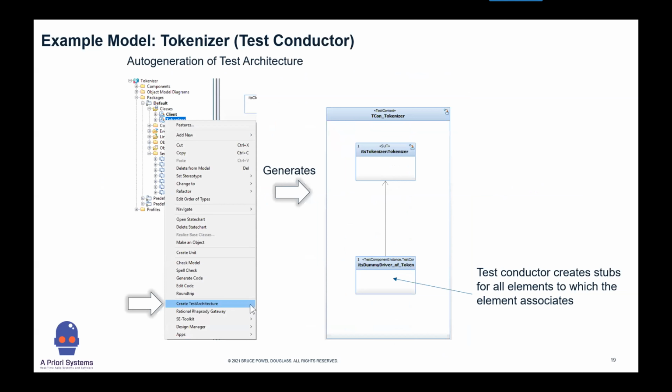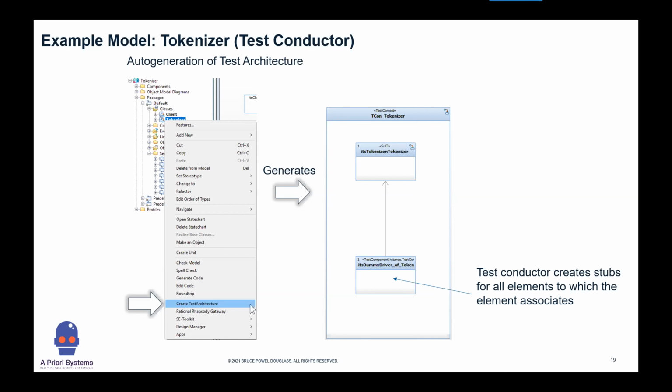So that's manual. Both Cameo and Rhapsody support and have the testing profile. With Cameo, you get it as a free profile that ships with the tool. With Rhapsody, it's a cost-plus add-on. But for the cost plus, you get a lot of built-in automation. Whereas in Cameo, you've got the profile defined, but you have to apply it manually in individual manual steps, which can be done, but